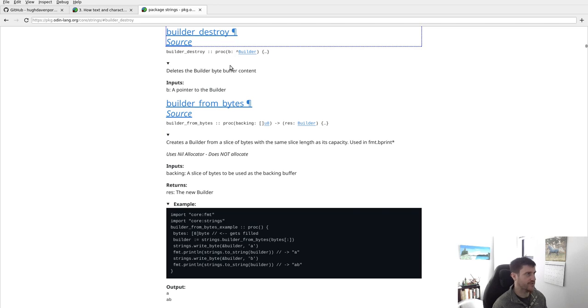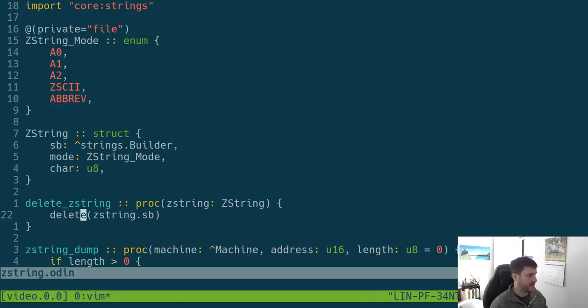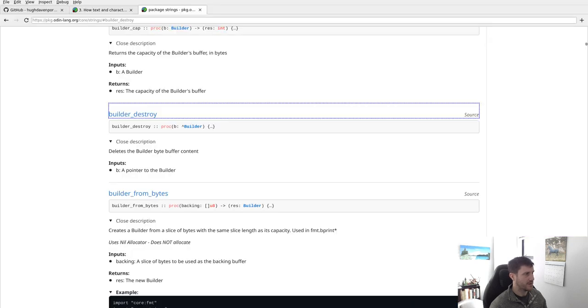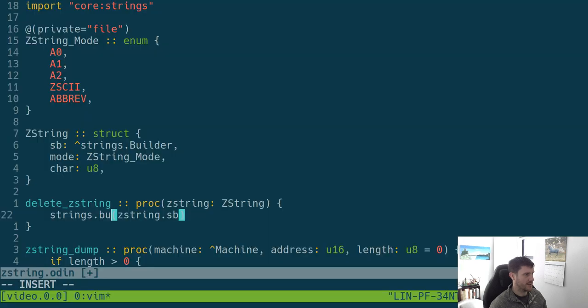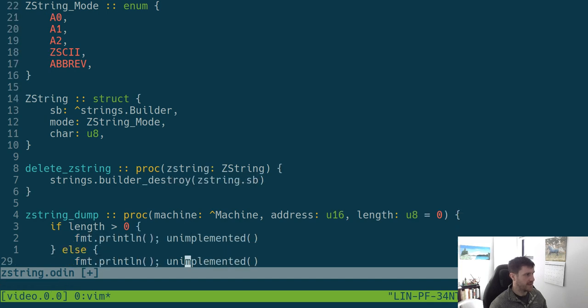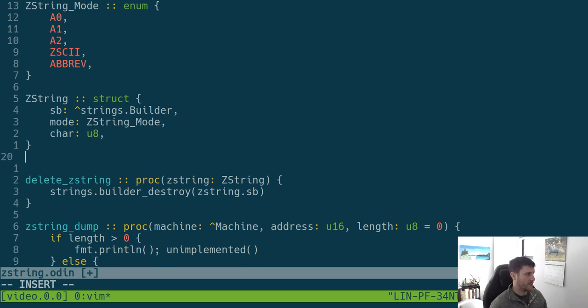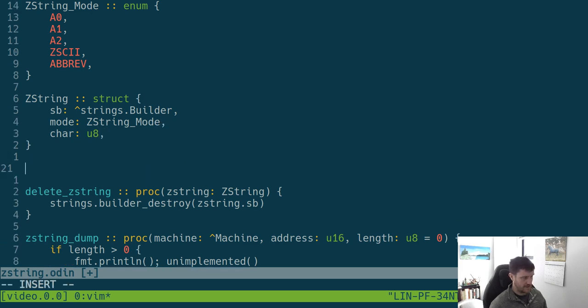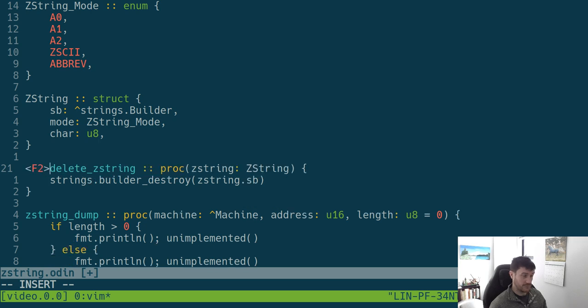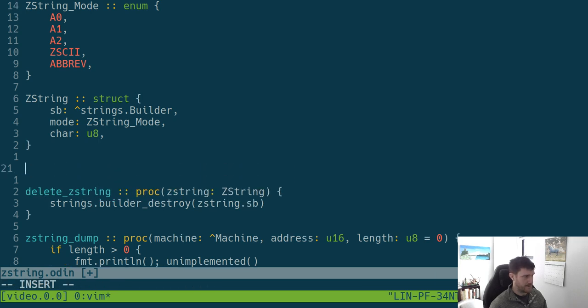Build it, destroy it is what we want to do. So that will be string start builder, destroy, easy. Make that one builder destroy, and do that. And we also kind of want to have, maybe this will be, didn't want that. Wanted